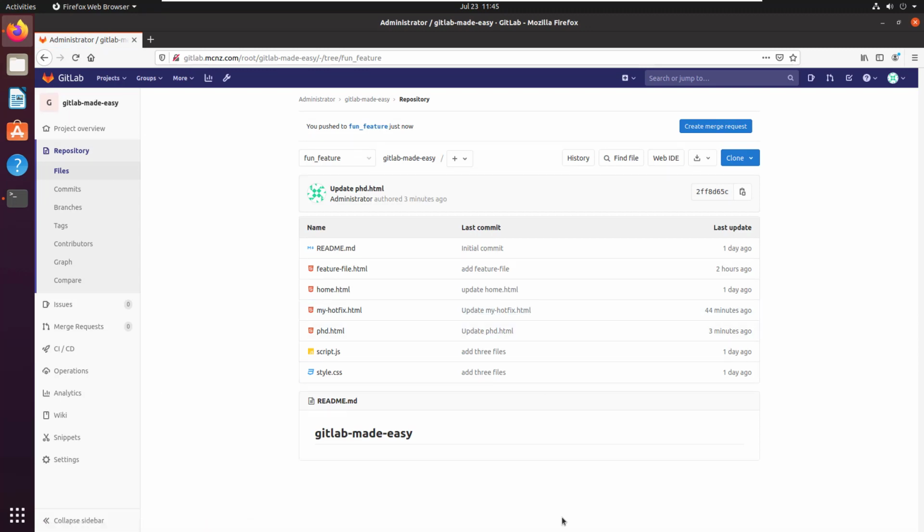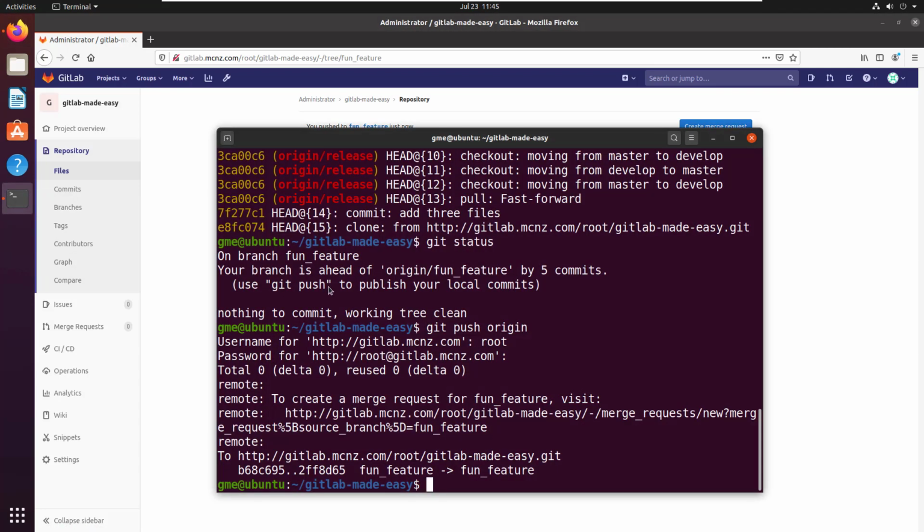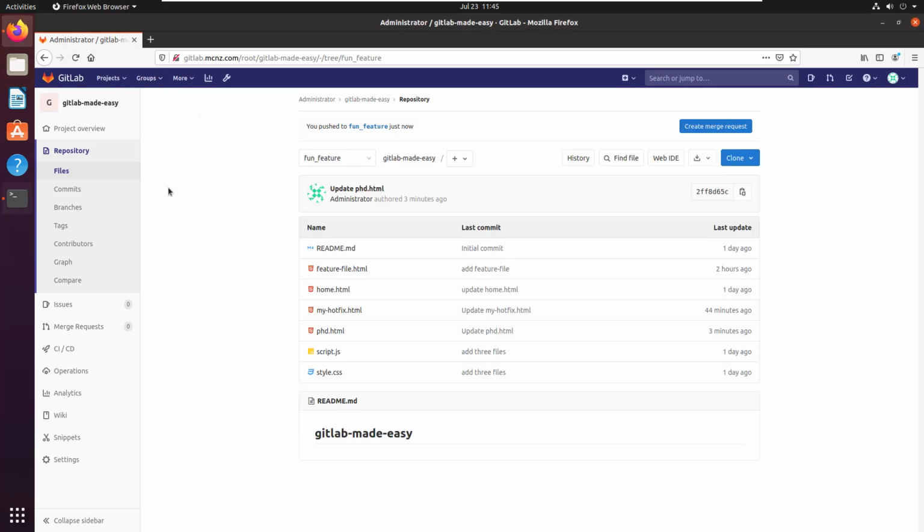Haha, tricked ya. All I had to do was refresh, and now the server has all of those files updated on it. And so that's one way to do a merge from the master branch into a feature branch or any other branch that you have in your environment. Now, if you've got protected branches or you're working on the server, you may want to do that a little